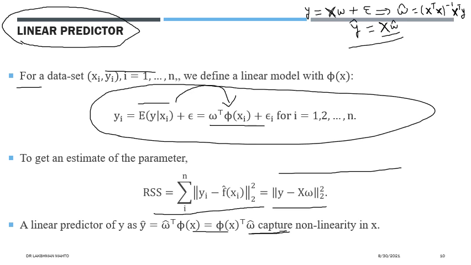A method that attempts to capture nonlinearity in x through some basis function will increase the dimension of the problem. So there is a high dimension issue, and that leads to the curse of dimensionality. That is a very big problem of learning. How can we get over that? In the next slide I will talk about the curse of dimensionality, which this high dimensional issue leads to.